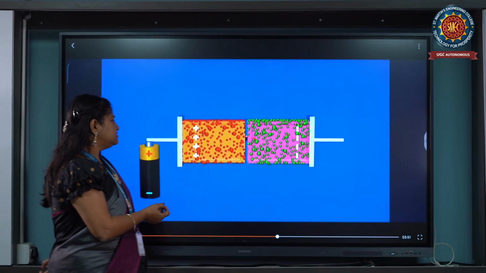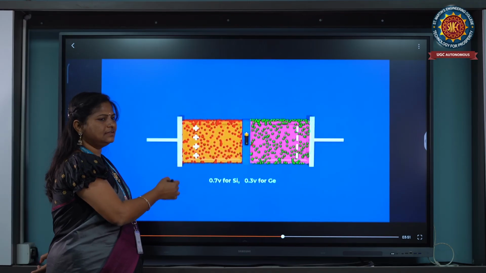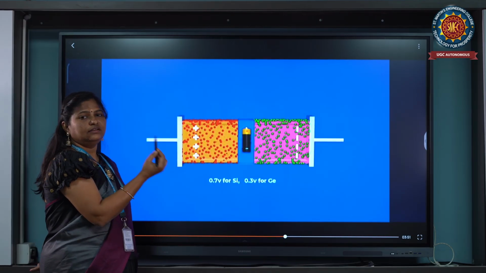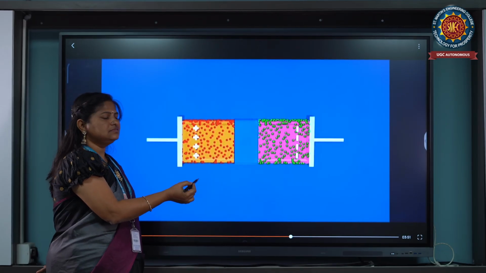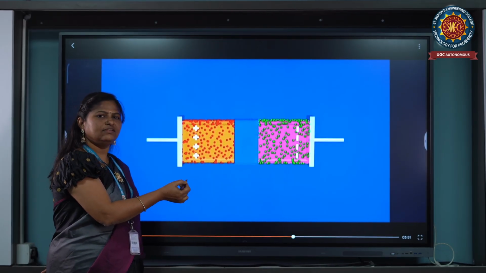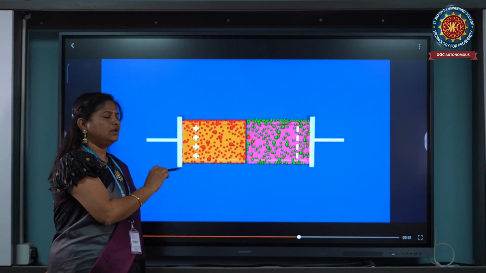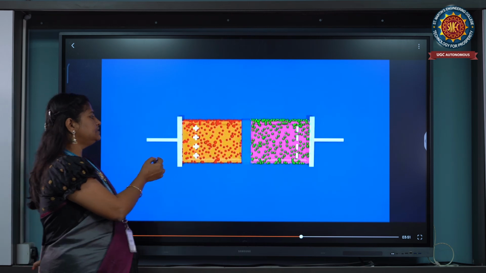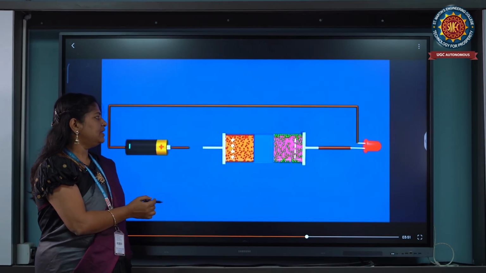Whenever the diode acts as a switch in forward bias, the depletion layer decreases. In reverse bias, the depletion layer increases, and in forward bias the depletion layer decreases. Like that we can use it as a gatekeeper also. Now the diode increases the depletion region in reverse bias condition.